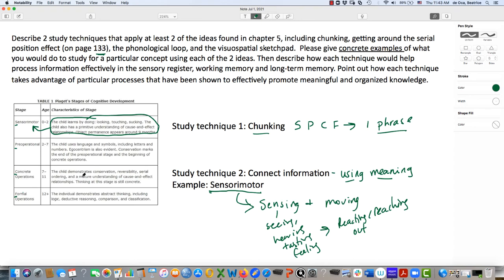And I can do that for all of them, and in that way the content will all be linked. And so once I think of the word, it'll be connected to the main ideas that it's related to, or that it's trying to express. The second part is to describe how each technique would help process information effectively in the sensory register, working memory, and long-term memory. And so for this, I would encourage you to go ahead and draw out the 3-stage memory model and describe